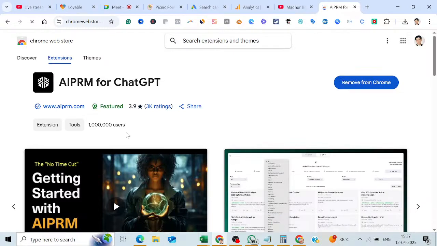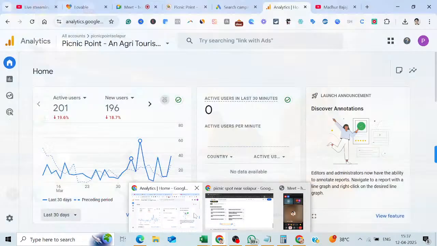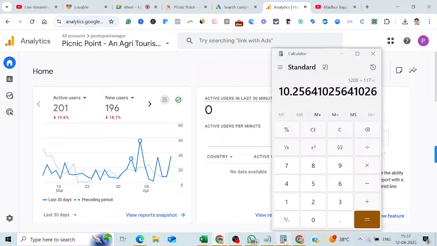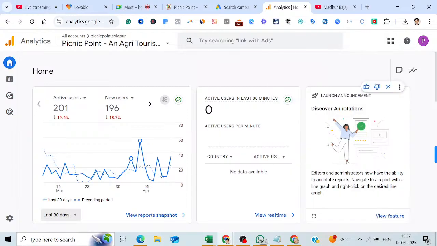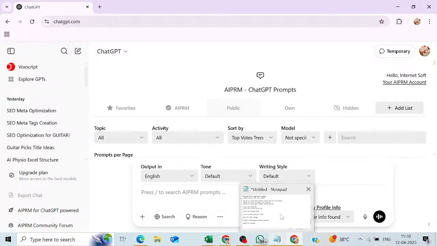So I've already installed it here. So I close this browser. Now I close this. See, this is called AIPRM ChatGPT prompts here. This particular tool is going to give you more than 5,000 prompts here. Now, in the AIPRM ChatGPT prompt,